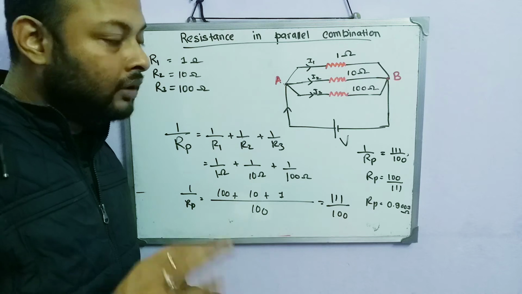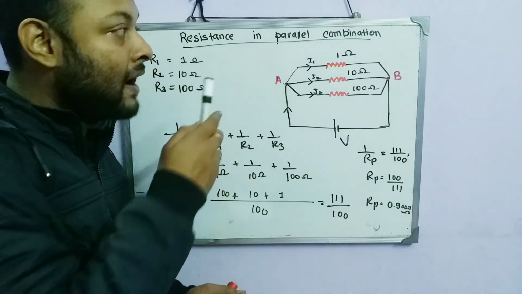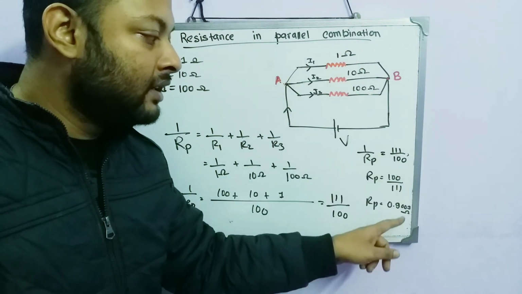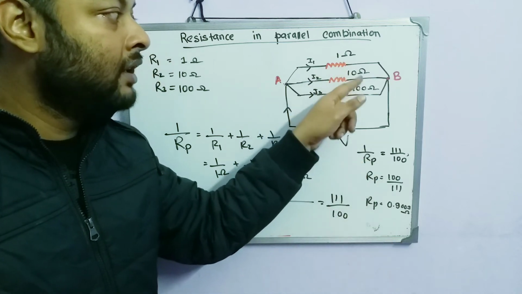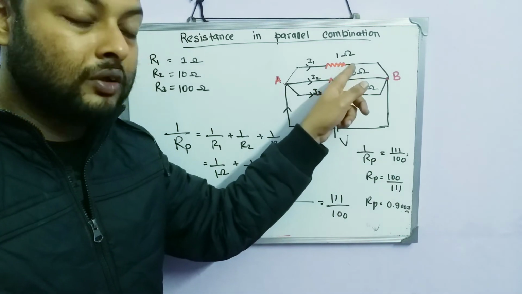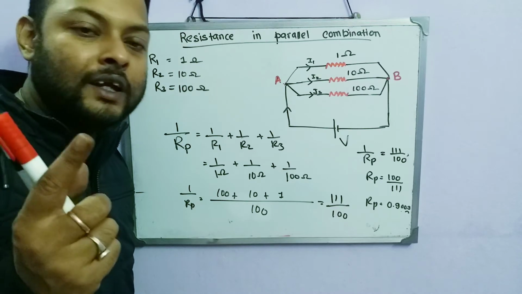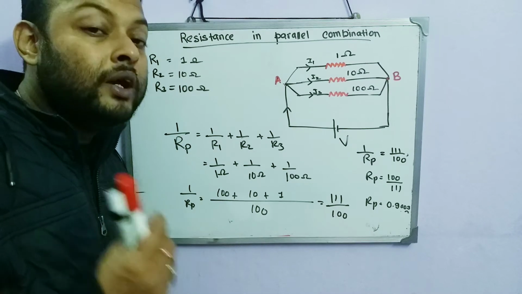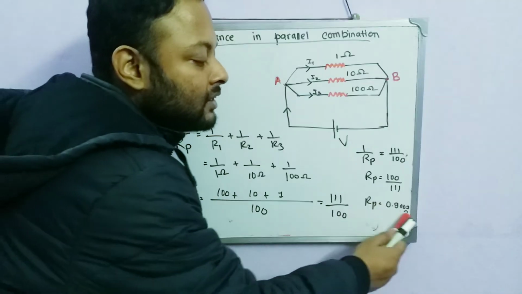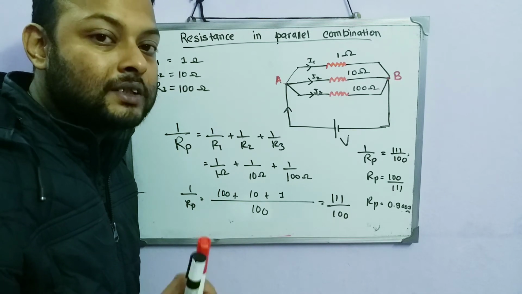So, did you notice one thing? When I do the parallel combination of resistances, the equivalent resistance of the entire circuit decreases. You see, I have 1, 10 and 100 and the net becomes 0.9, which is lesser than even this 1 ohm. So in your house also, the connections done for the light, fan and everything are parallel combinations. What happens in a parallel combination is that the net resistance decreases and also each device gets the same potential.